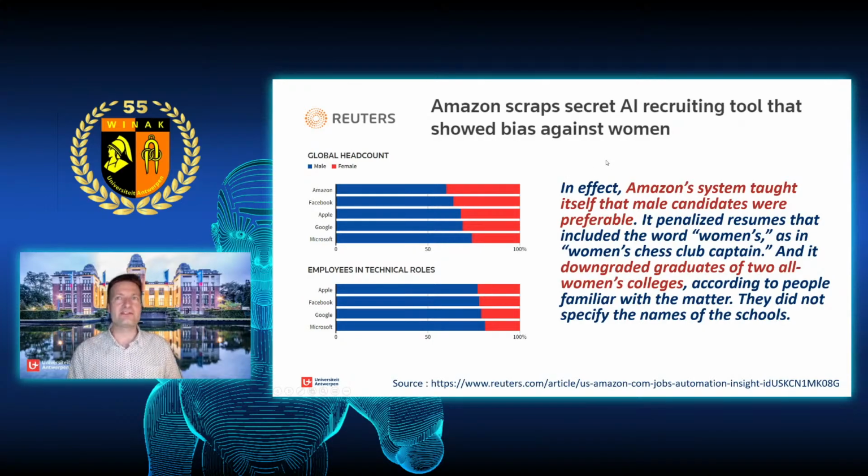And so what they found out is that this mathematical model that was trained, which is very complex, looks like the cockpit of an airplane, so we cannot immediately see what is happening behind the scenes. And that Amazon system actually taught itself that male candidates were preferable because that was what it saw in the data. It was actively penalizing resumes that included words like women's, like in Women's Chess Club captain, and downgrading graduates from two all-women's colleges.